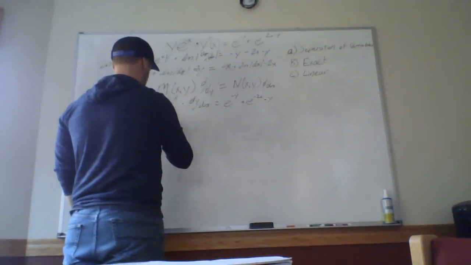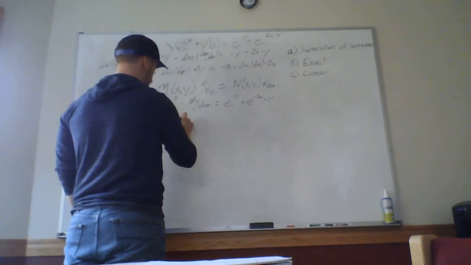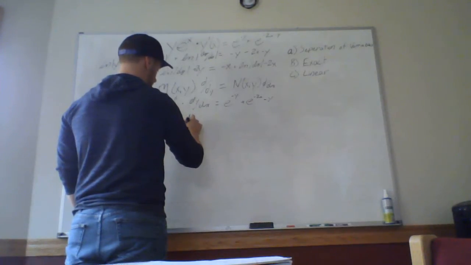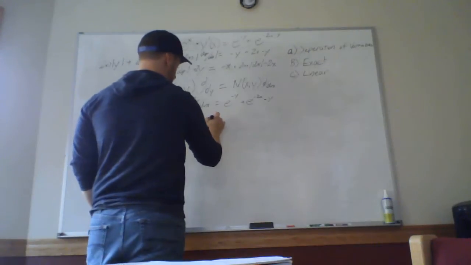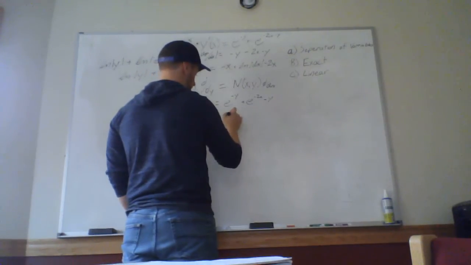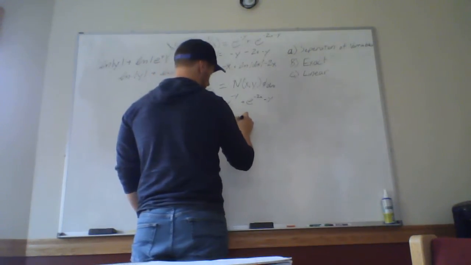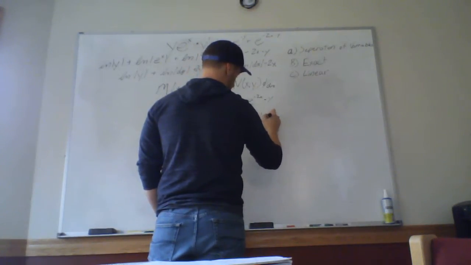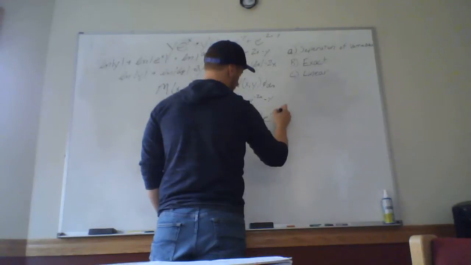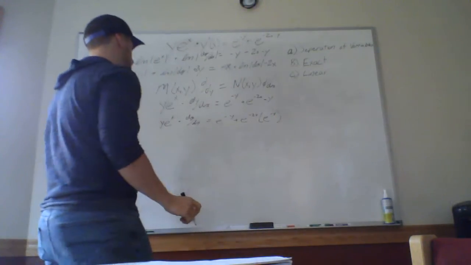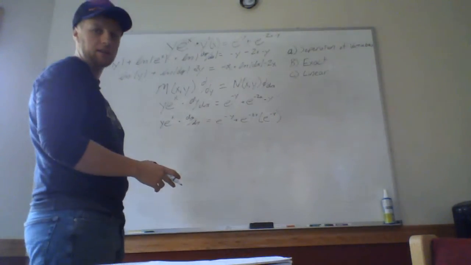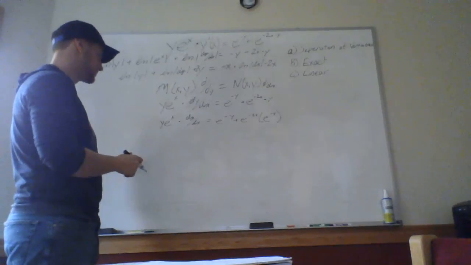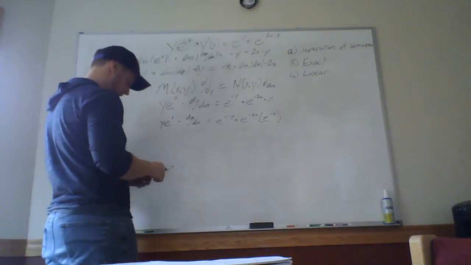So we will have y e to the x times dy dx is equal to e to the negative y plus e to the negative 2x times e to the negative y. And right here you can kind of tell immediately that this was not possible,